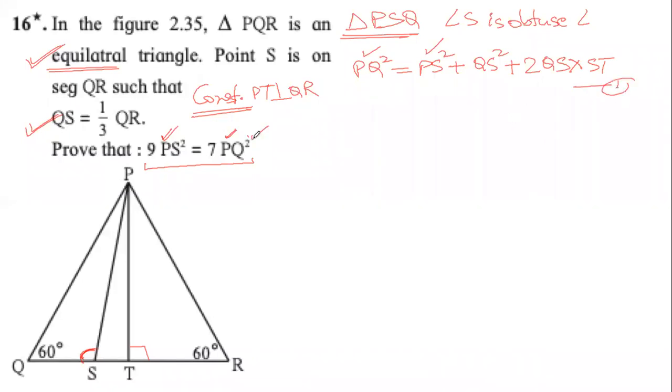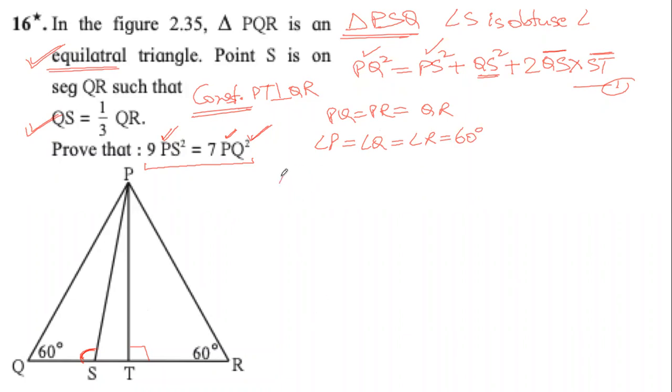To reach what we have to prove, we only need to have PQ and PS, nothing else. So now we have to substitute. QS की जगह हमको PQ लाना है, ST की जगह हमको PQ लाना है. डरने की कोई बात ही नहीं, because we know that PQ equals PR equals QR, equilateral triangle. We also know angle P, angle Q and angle R will each be equal to 60 degrees, because it's an equilateral triangle.